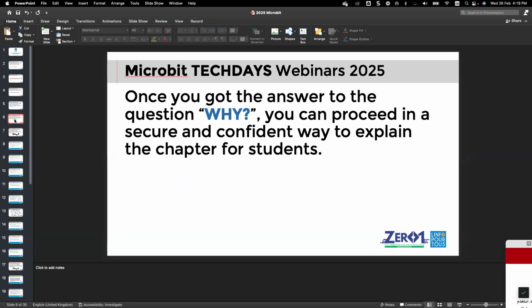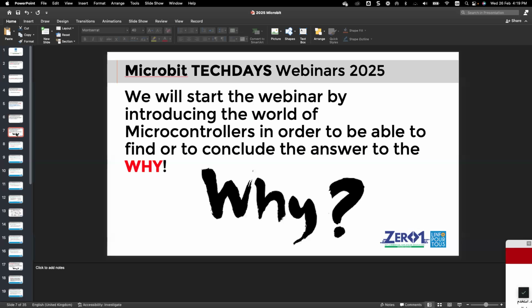And once you have the answer to why I have to integrate the microcontroller and specifically the microbit in my curriculum, it will be a result of all the skills that we are going to offer to our students. And all the teachers here present that are using 01 know very well that in our curriculum 01, we've integrated the microbit from grade 3 till grade 6. And this will be a good introduction to the